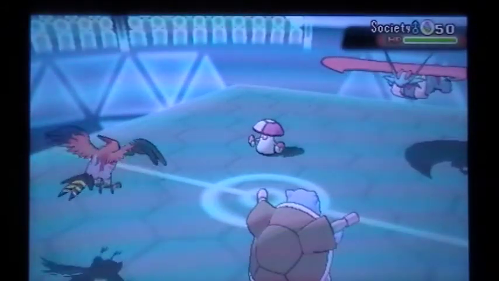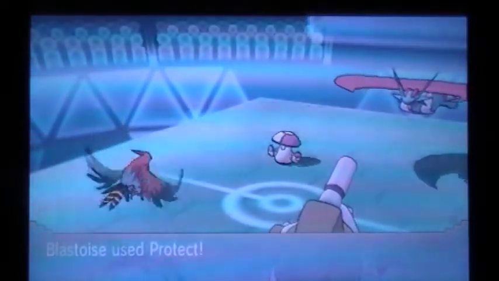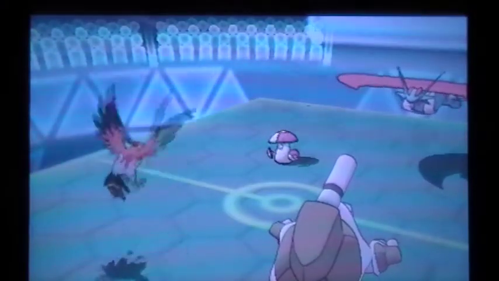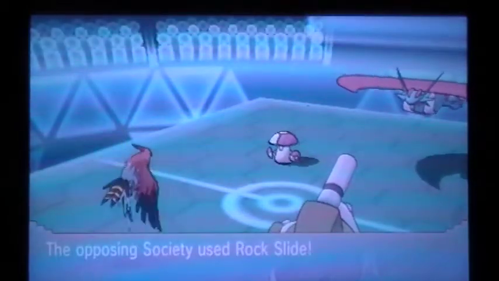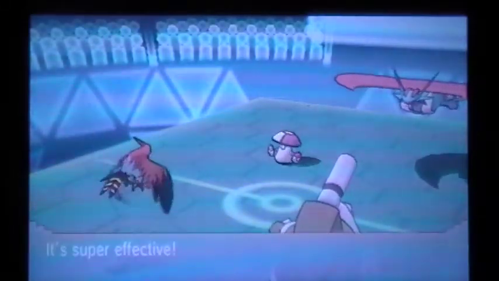But I end up making a rather big mistake this first turn. I believe I end up not protecting Blastoise... oh, I did protect Blastoise, just kidding. So I protect Blastoise as I set up the Tailwind, and there's really no way my opponent can stop that, because he has no Fake Out and I have the priority Tailwind. And he just goes to the Rock Slide, which is fine with me because Talonflame's out, so I can bring in someone else, but at the same time, Talonflame was kind of my way to take out